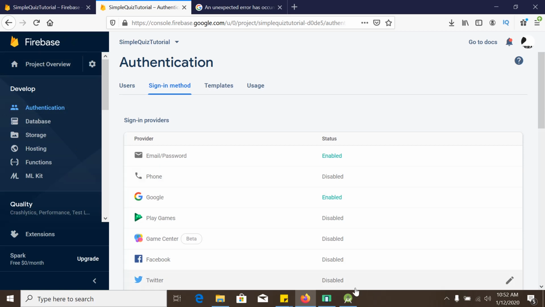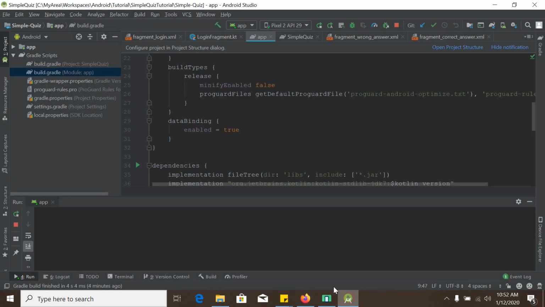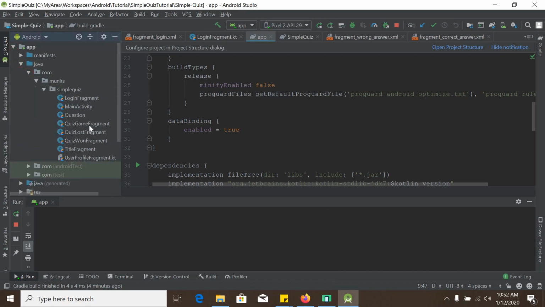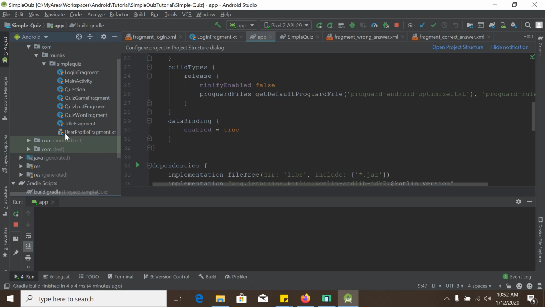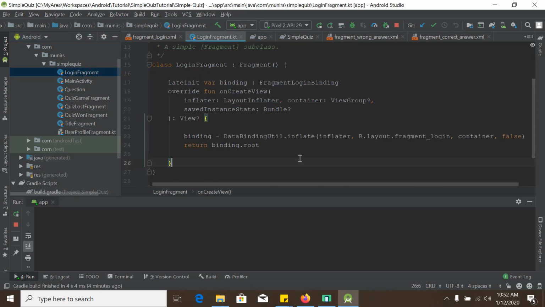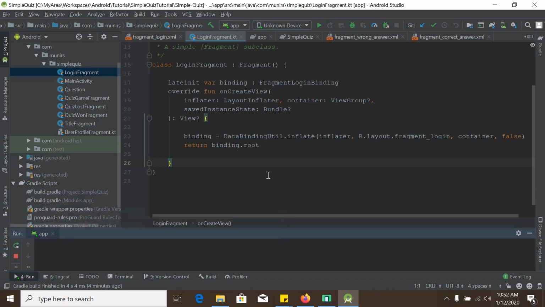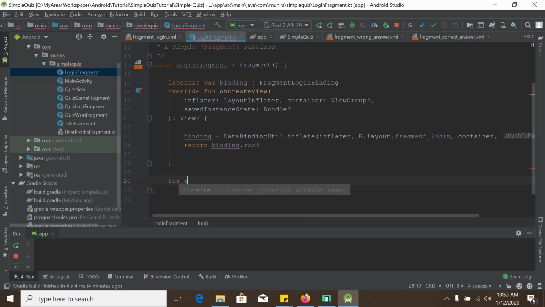We go back to our Android Studio project and we will select the login fragment. Inside the login fragment we will start the activity for Firebase Auth UI. So how can I do it? First things first, we will create a function, and it will be createUI,